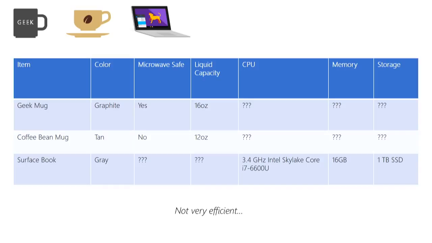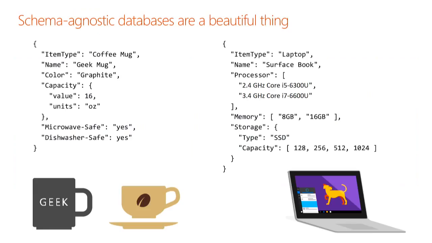There are some patterns for this, like if you abstract out a products table and a product attributes table and then join them, this will allow you to represent this data. However, the moment you need to do this at scale and shard across nodes, once again, this is kind of a broken story. This is where schema-agnostic databases are, I think, really beautiful.